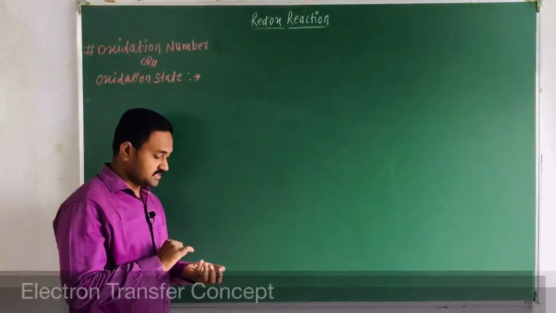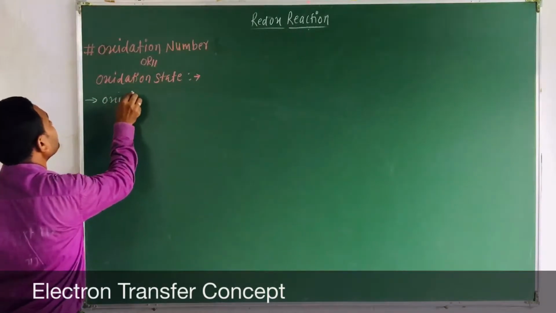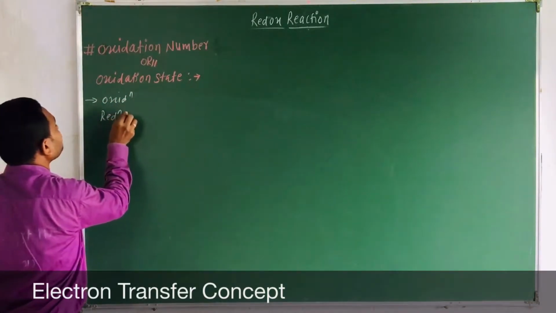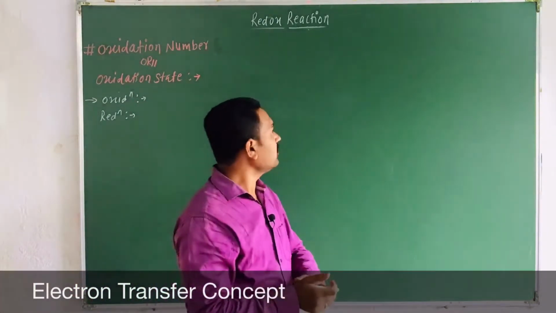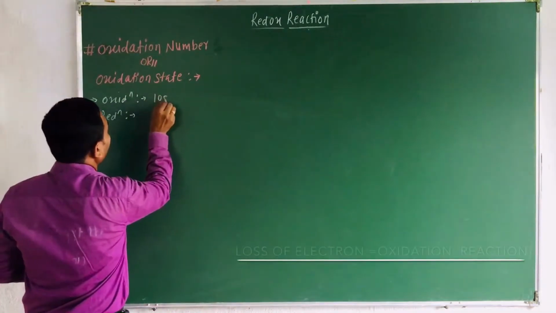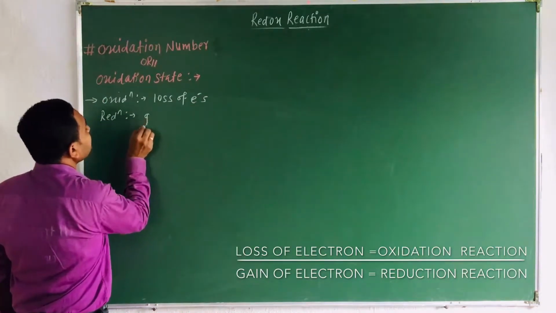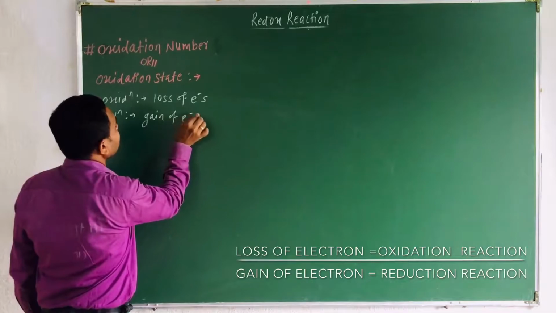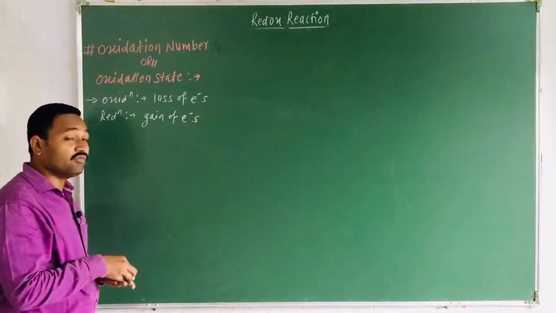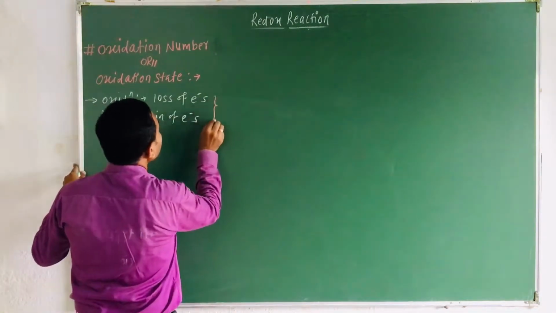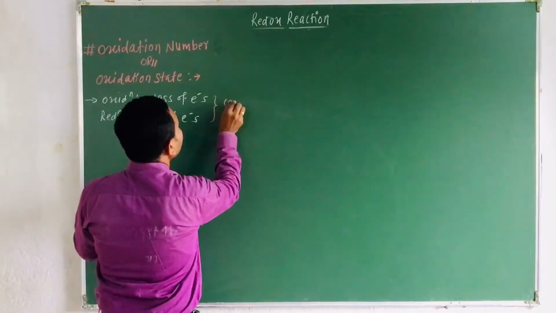In the previous lecture, we defined the oxidation and the reduction reaction by using the electron transfer concept. There we defined oxidation as a loss of electrons, while reduction is a gain of electrons. By these two definitions, we can conclude one thing: whenever there is a loss or gain of electrons, there is a complete